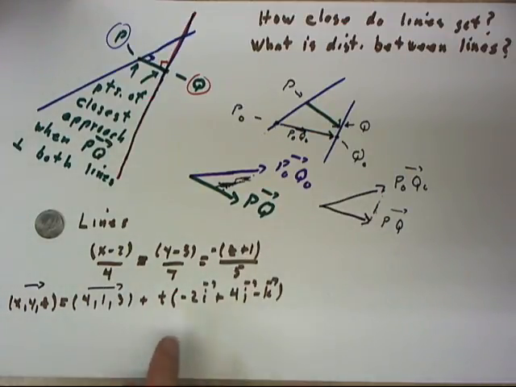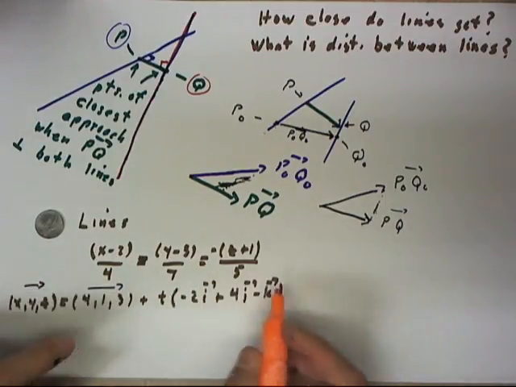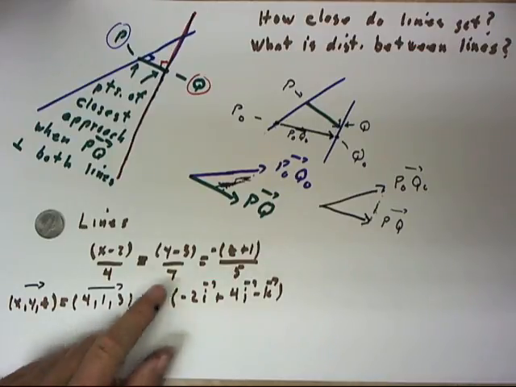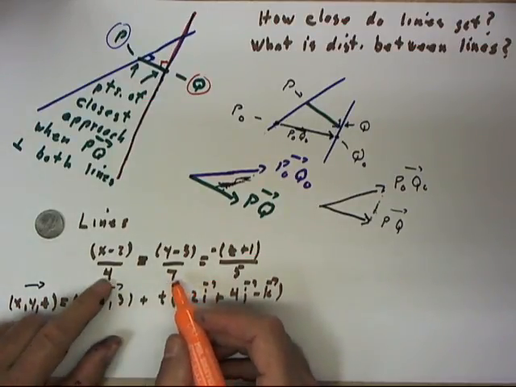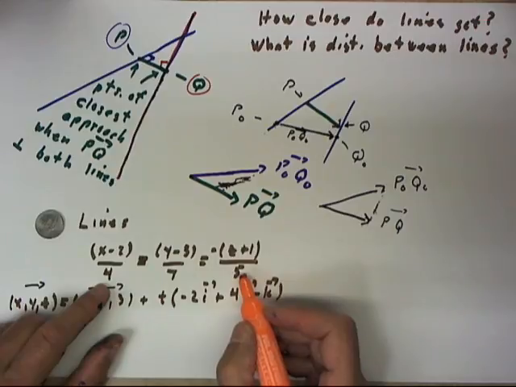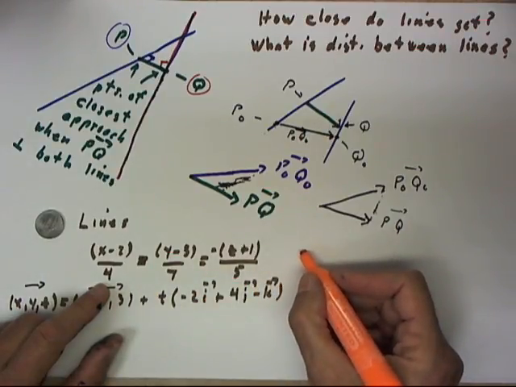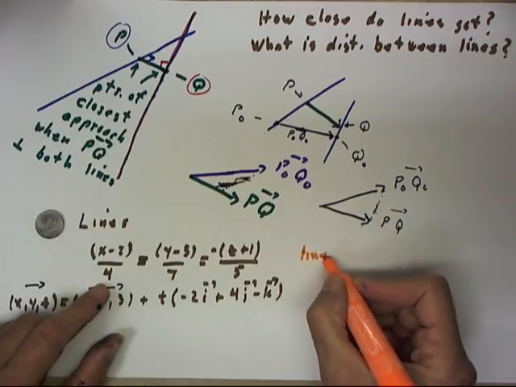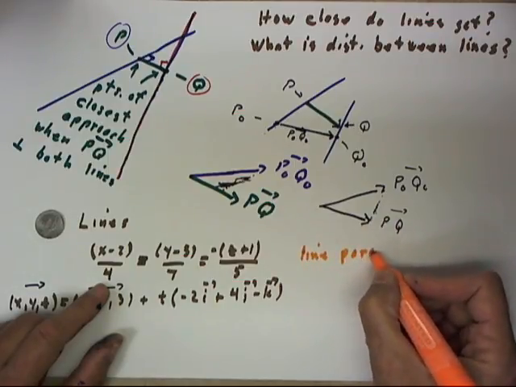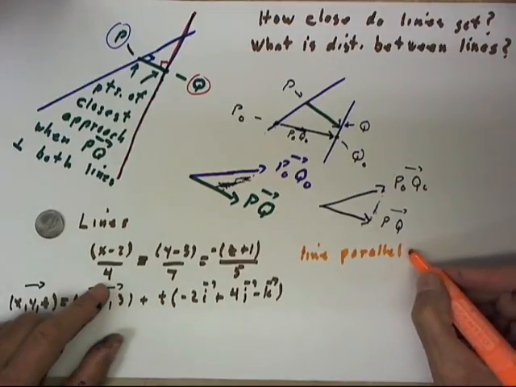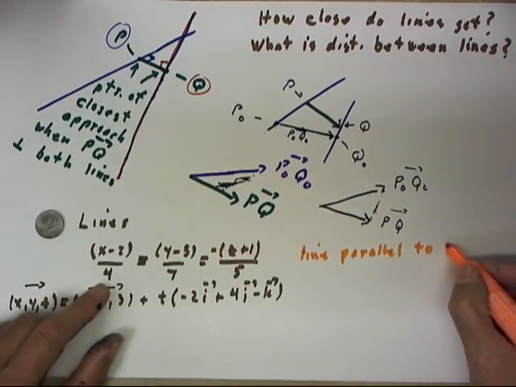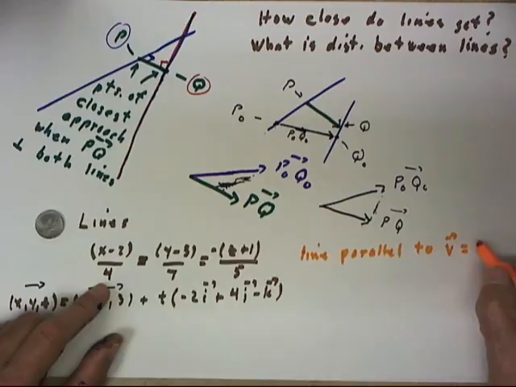From the equations of these lines, we can get one of the two important pieces of information. From this equation, we can read off a vector that's parallel to the line, and we'll call that vector v. We see that that's 4i plus 7j